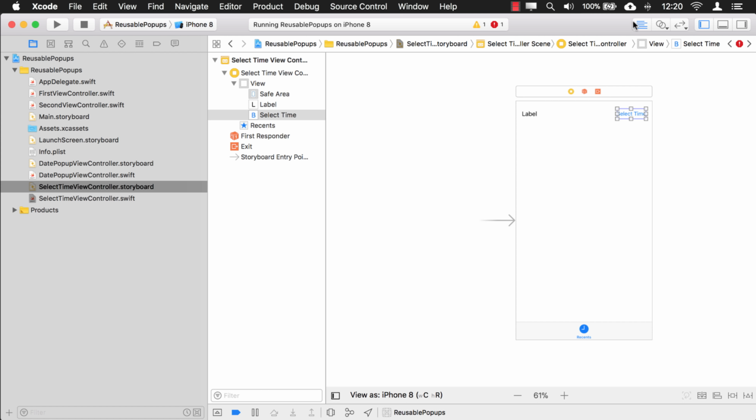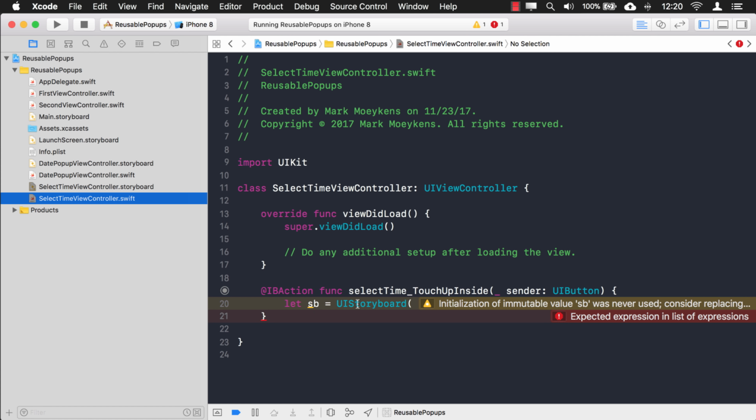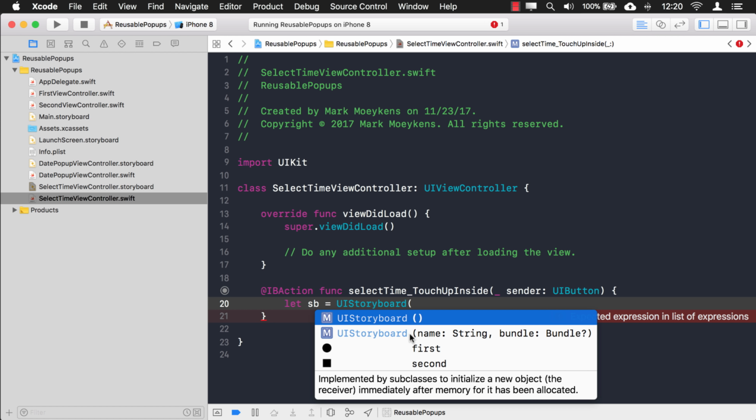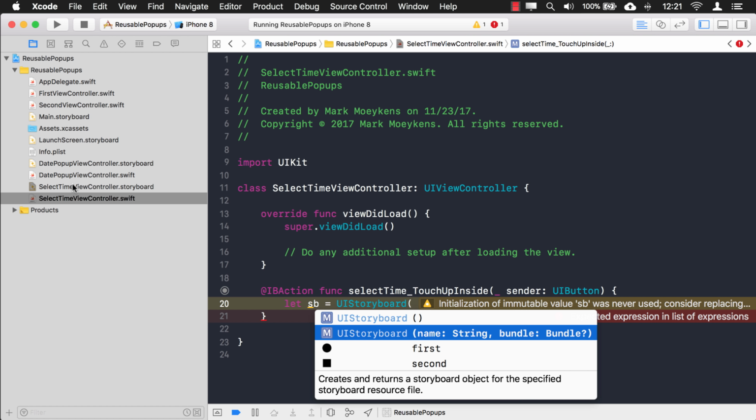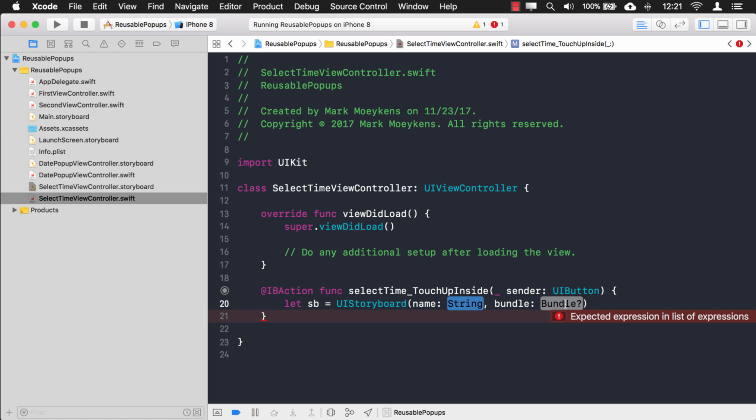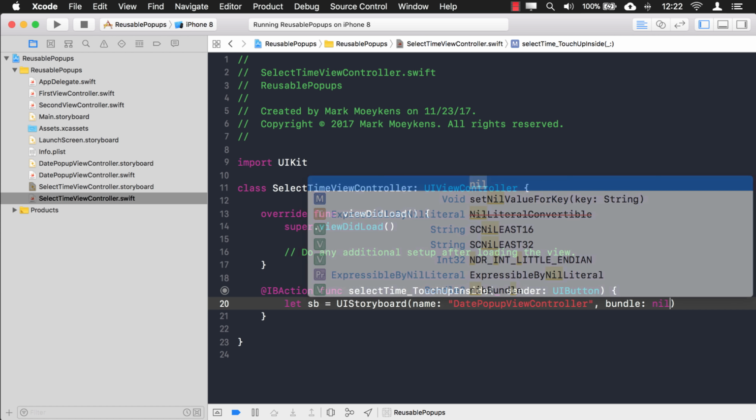Actually, let's just go straight into the code at this point. Okay, so let's go back, take a look at this again. So the first one we want is a string, which is the name of the storyboard. This is the name of the storyboard right here, date pop-up view controller. And the second one is called bundle. And bundle is kind of like your project. This project right here, Reusable Popups, that's a bundle. So for here, if we just leave it nil, then by default, if it's nil, it'll use the bundle that you're currently in. So we'll just leave that as nil since it's